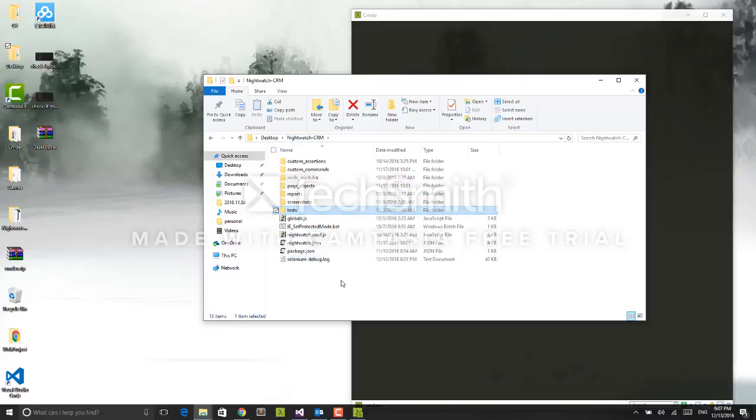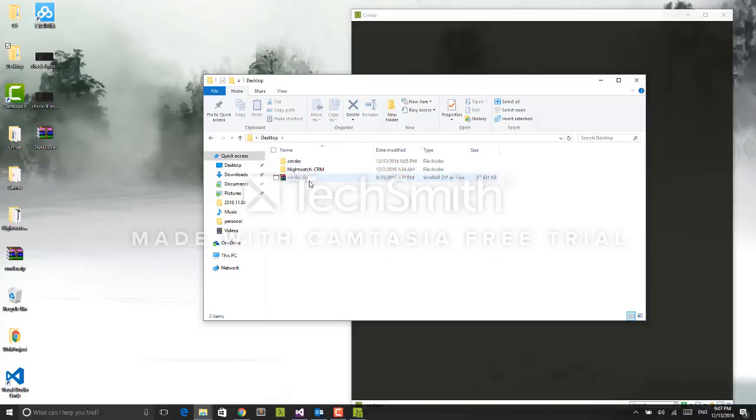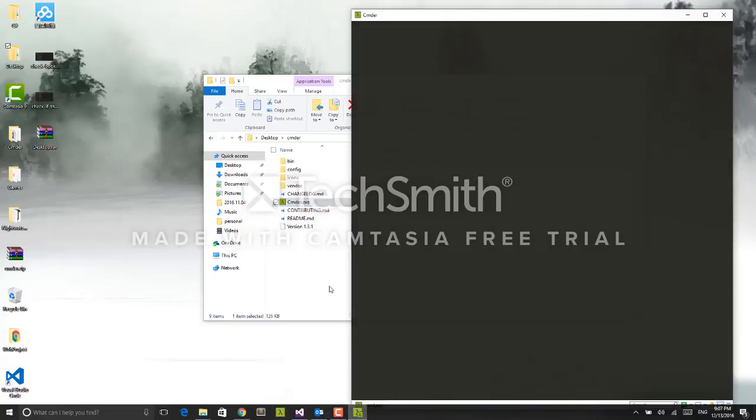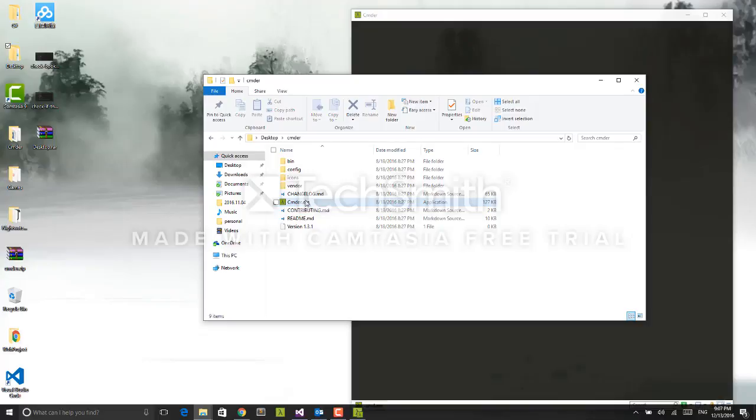It should be distracted now. Yeah, this is the folder. This is Commander. All right. So I have already installed my Commander here. You'll just need to go ahead and double click it. It will open the Commander on your computer, so you can run the Commander and run the